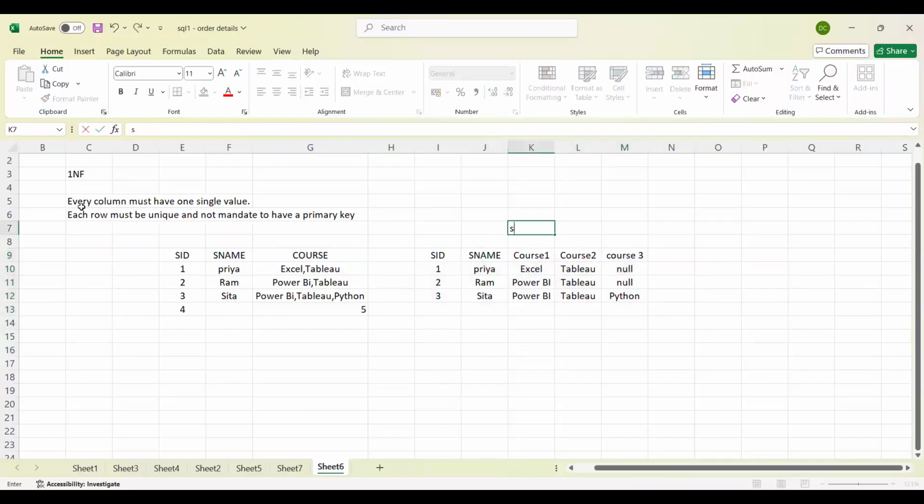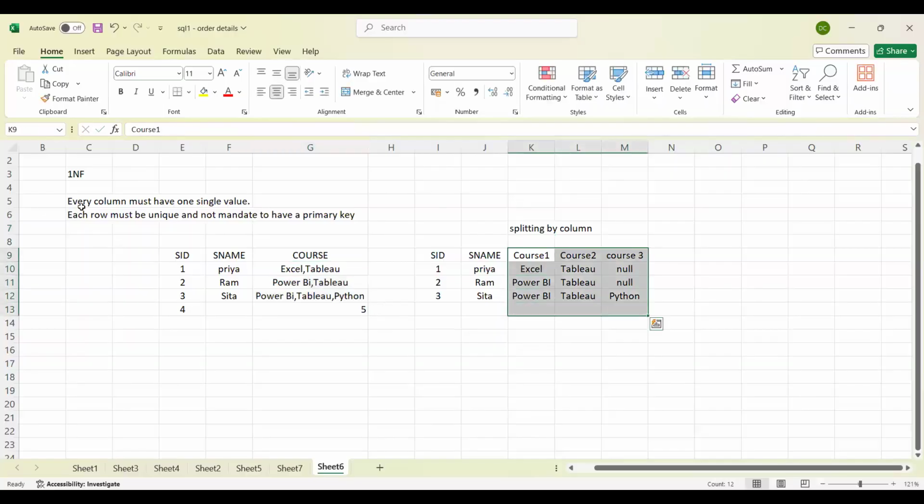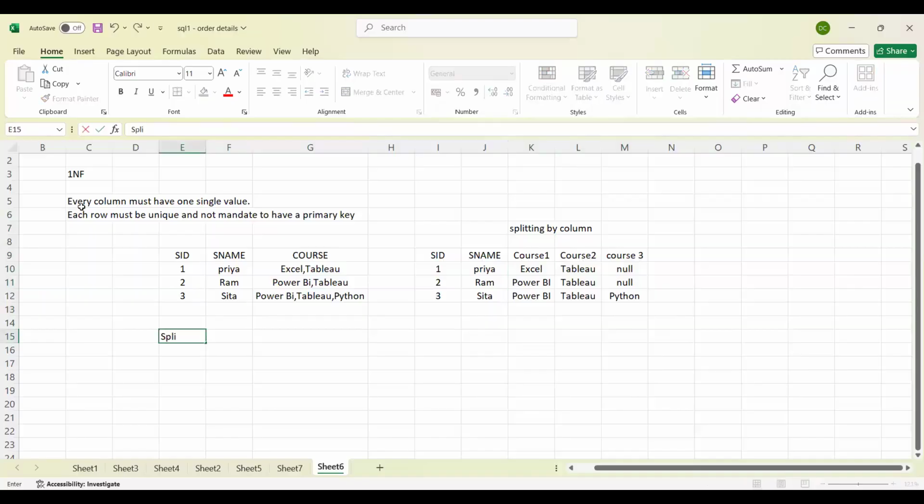This method is nothing but splitting. I'm using the splitting concept here, splitting by column, correct? I just tried to split my values on the basis of columns, but this is wrong. Instead of that, I need to split the values in rows, that is, at row level. This is the method we should follow. So for that, what I will do,